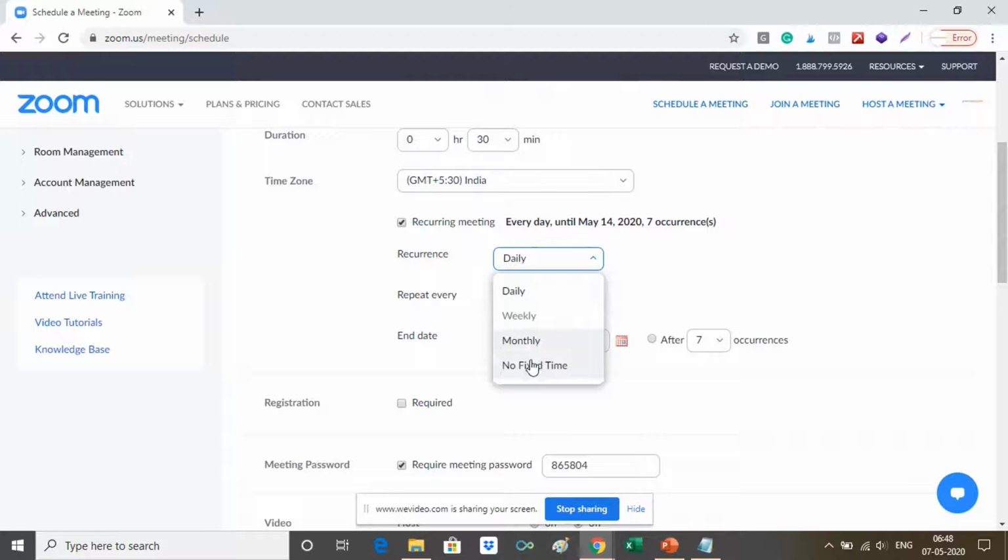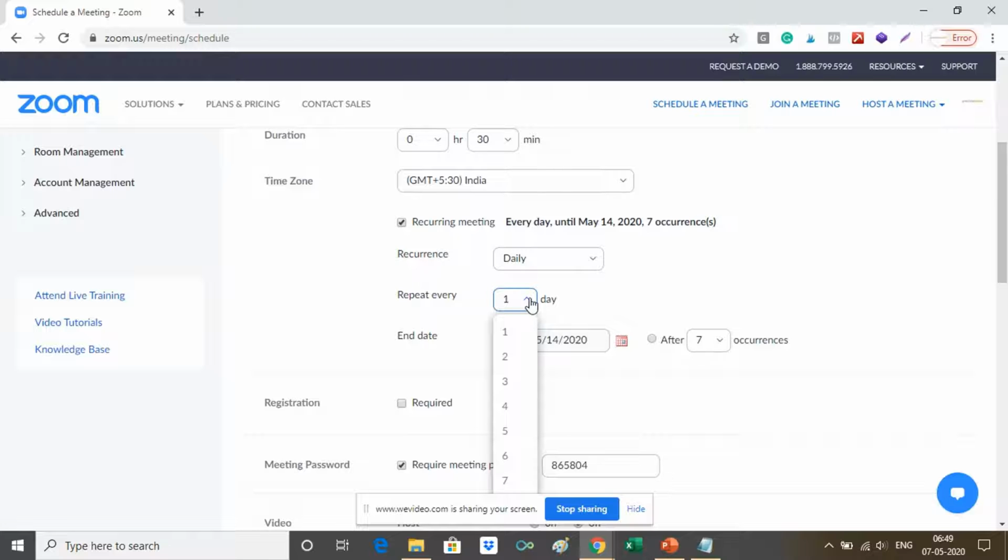Or is there no fixed time? Now, suppose we are fixing up a regular session for the playgroup class from Monday to Friday, you can keep it as daily.